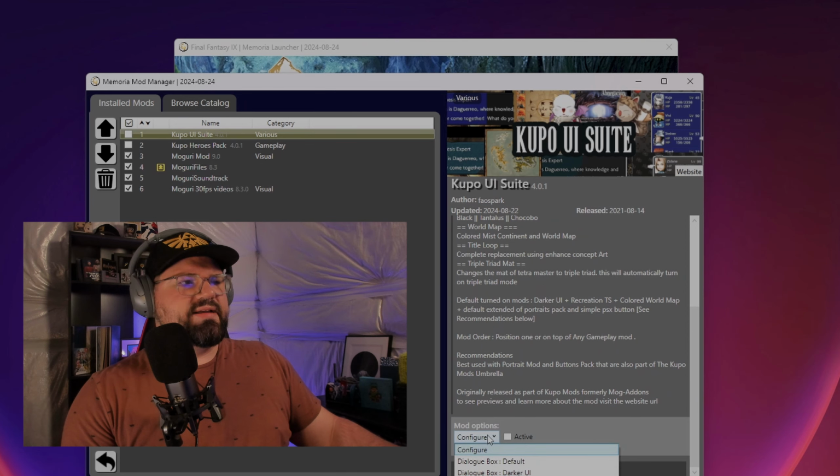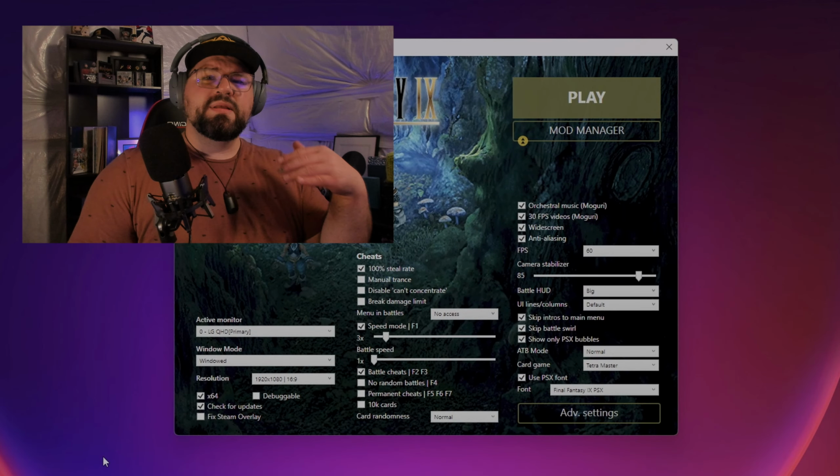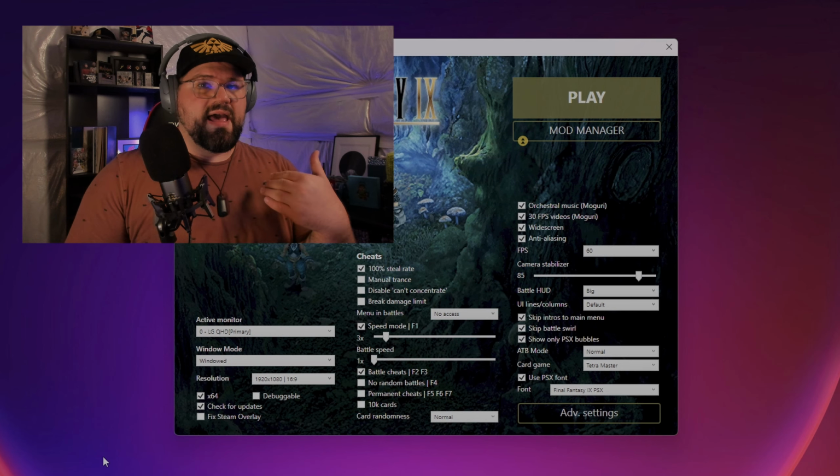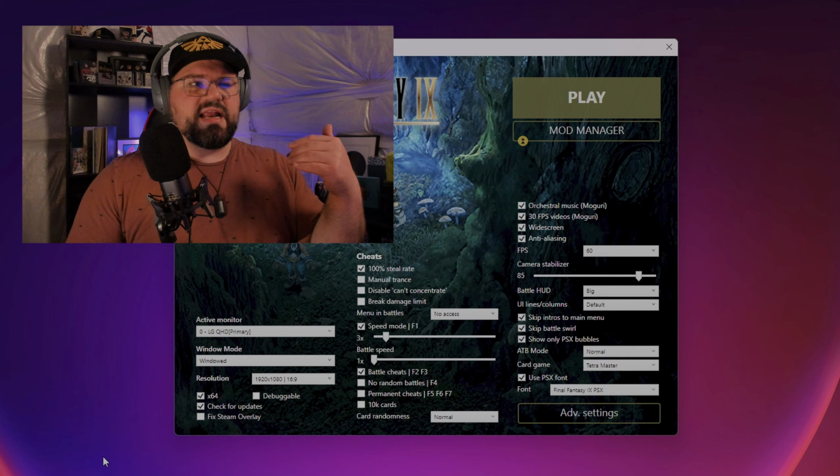You can configure some various changes like a darker dialogue box, if that is something that you prefer. With that being said, those are some of the mods that I have currently installed and that I'm using. Let's talk about some of the options that I currently have